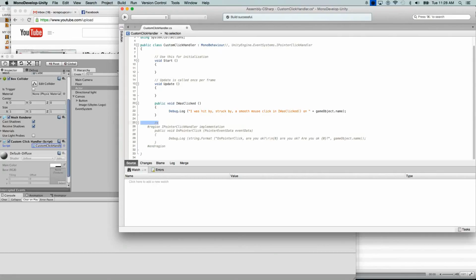Well, that is accompanying this bit of code here at the top. It's an important detail. And this is how you tell the compiler that you are implementing an interface for this class. And what does telling it that it implements an interface do for you? Well, that lets other classes that are looking at it know that it can trust that this will respond to certain methods. In this case, on pointer click. So this is the safer way of doing some of the event callback stuff that Unity used to do with its